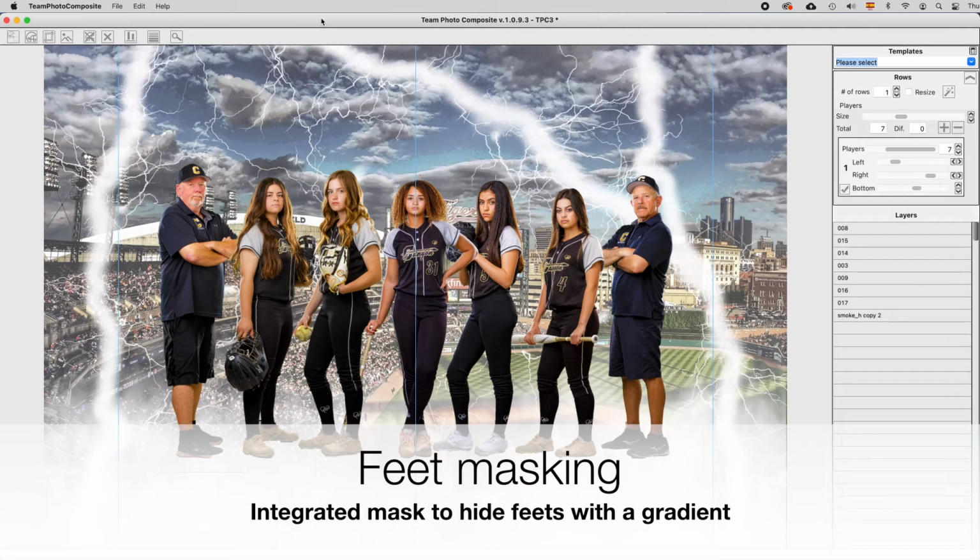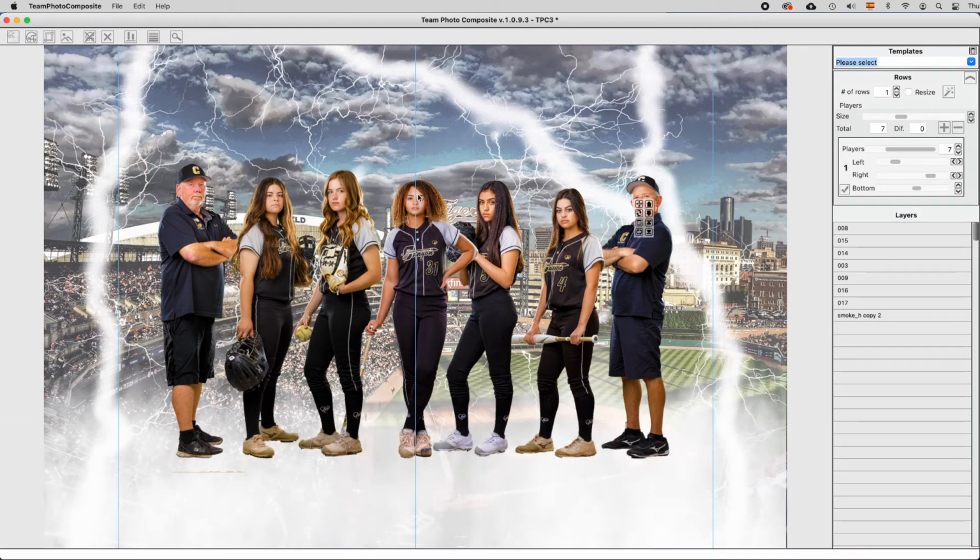Another interesting feature included with Team Photo Composite. This is the feed masking option. As you can see here, I've cleaned the composite just to have one row and a smoke clip art. This smoke clip art is here at the bottom, and now I will change it to be in front of the